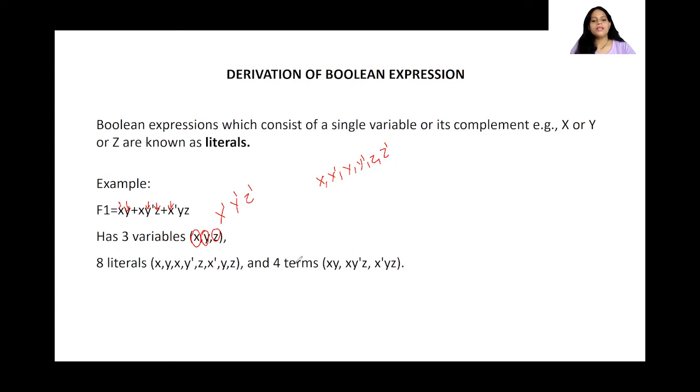Now, what does a term mean? When I say term, it means one combination. These are terms. I hope it is clear. Variables are nothing but x, y, z. Literals are, as it says here, a Boolean expression which consists of a single variable or its complement. So x or x bar are also called literals, whereas for a variable we consider only x. A term means x, y, or whatever combinations are available.